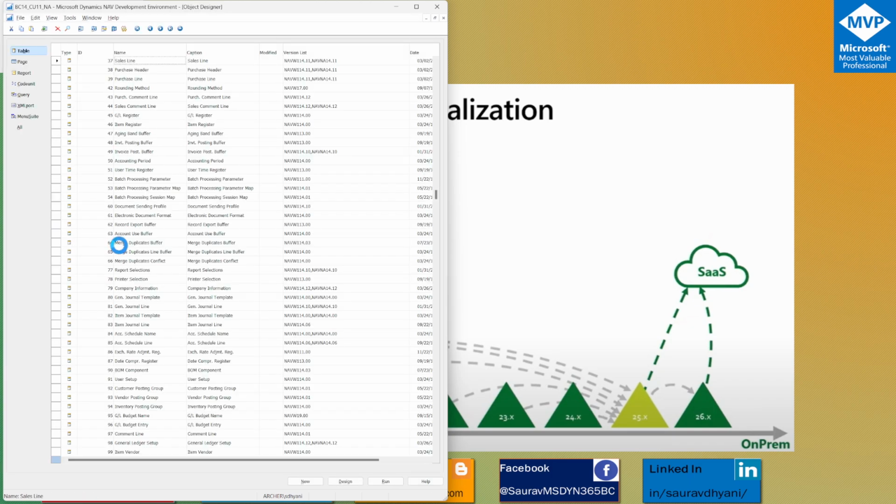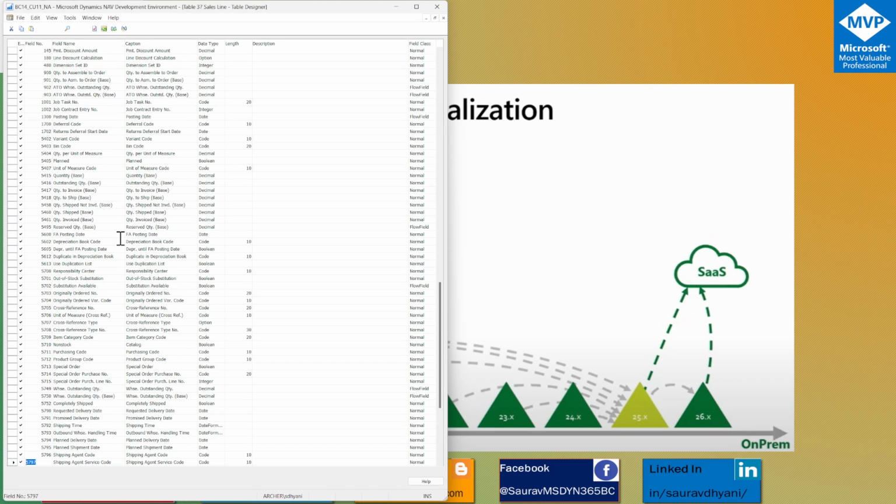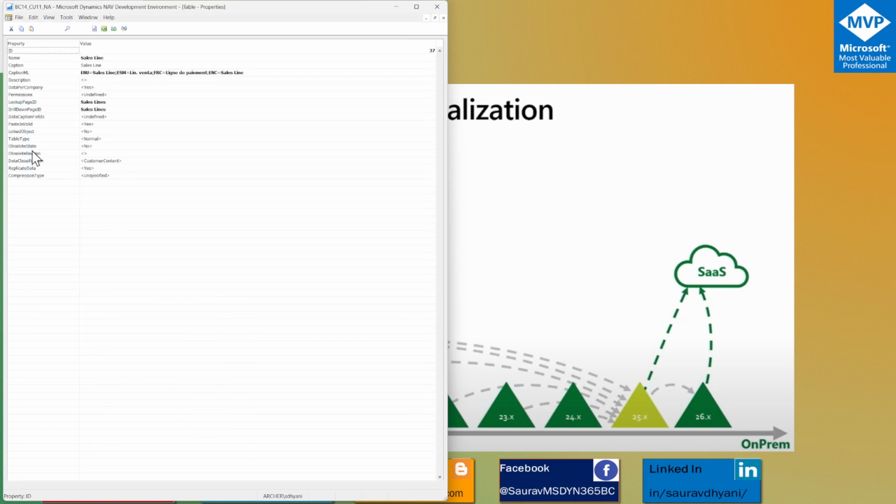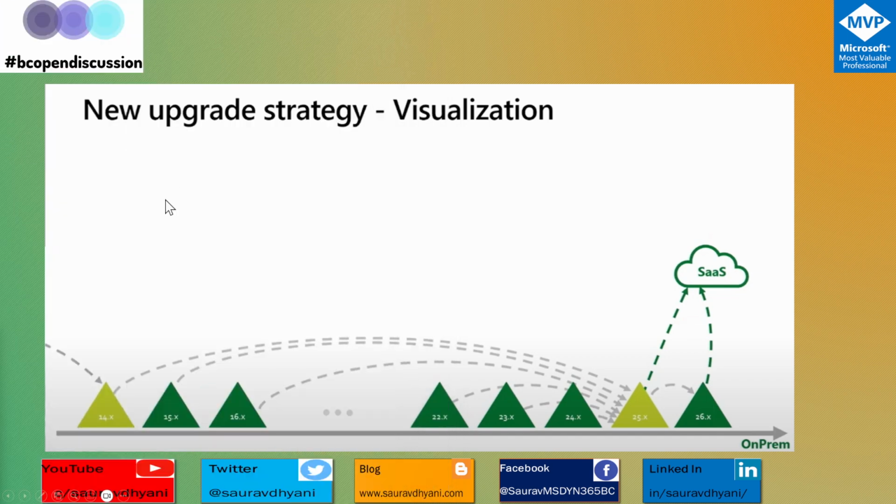And the same properties were available at the table level. If you want to mark a table obsolete, you can even do that here, with obsolete state and obsolete reason. So these two properties, if I'm not wrong, were available from NAV 2018. But what happens with that is, once you set these properties, and there are so many tables, and if you